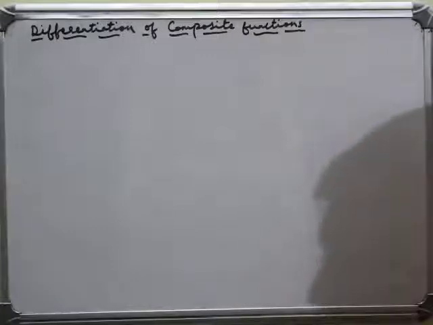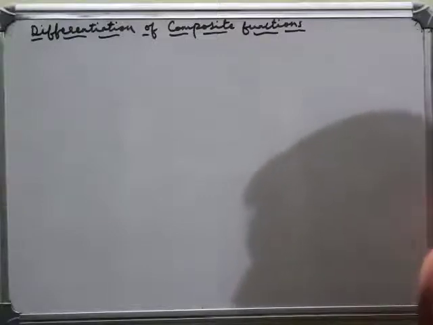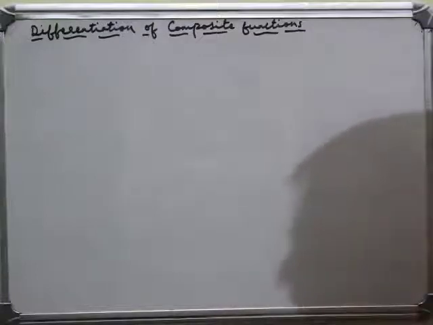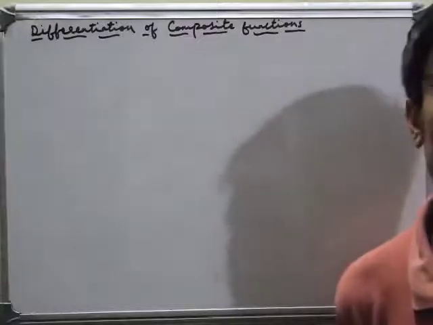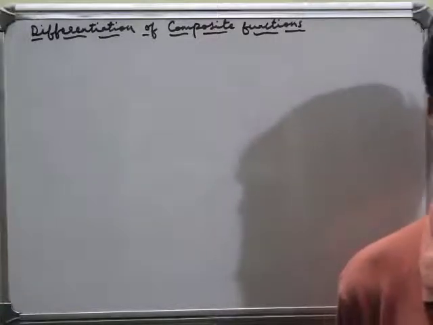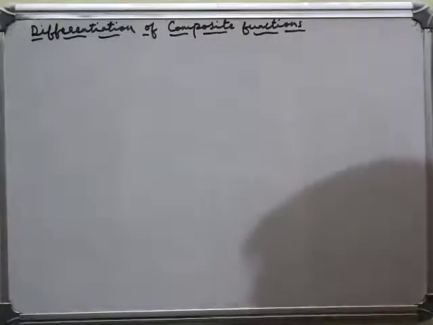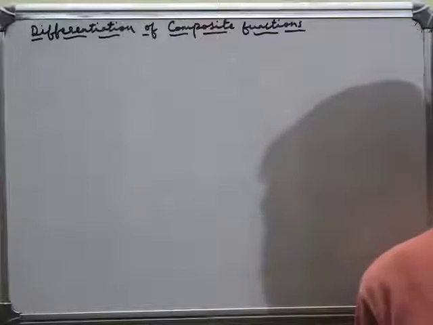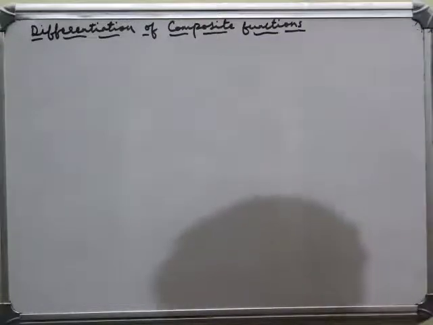So the concept of chain rule is very simple. Chain rule is nothing but a rule used to differentiate composite functions. It's very simple. You just have to understand how to use the chain rule when we see a composite function. Okay. And before that, I'll give you a quick update about what is a composite function. In other words, we call composite function as function of a function. Okay. Now I'll write some functions and I will help you understand what is a composite function. Okay. So let's start then.